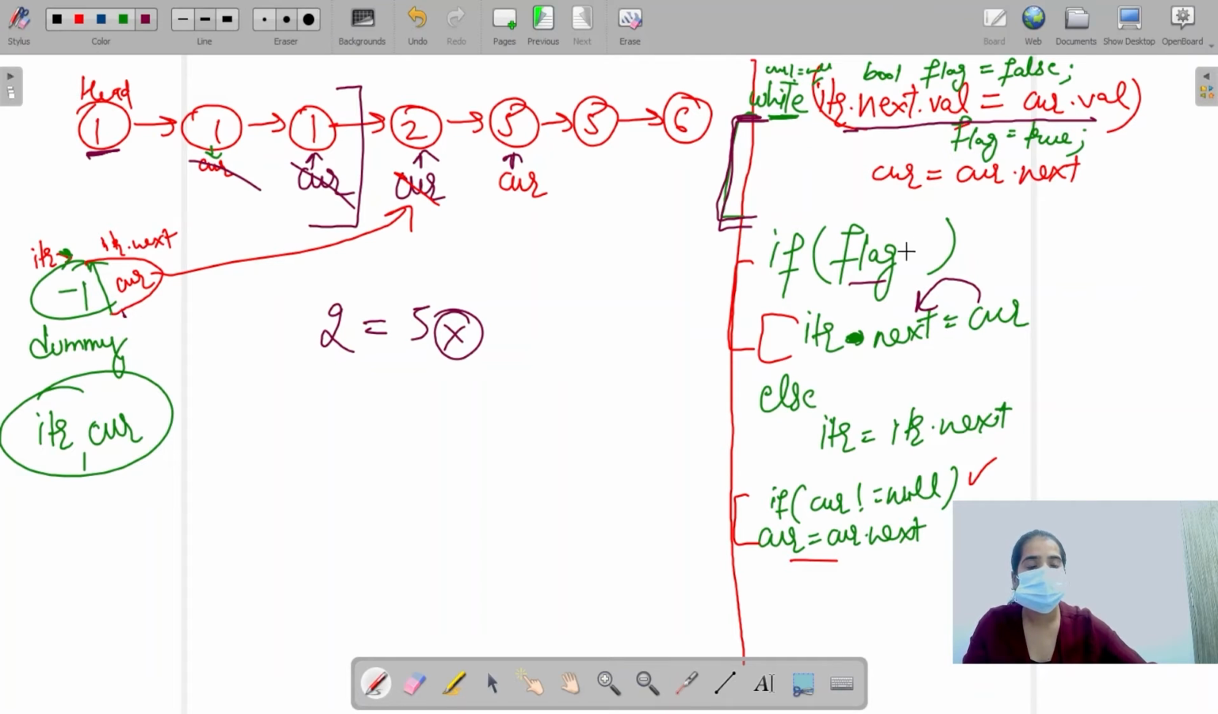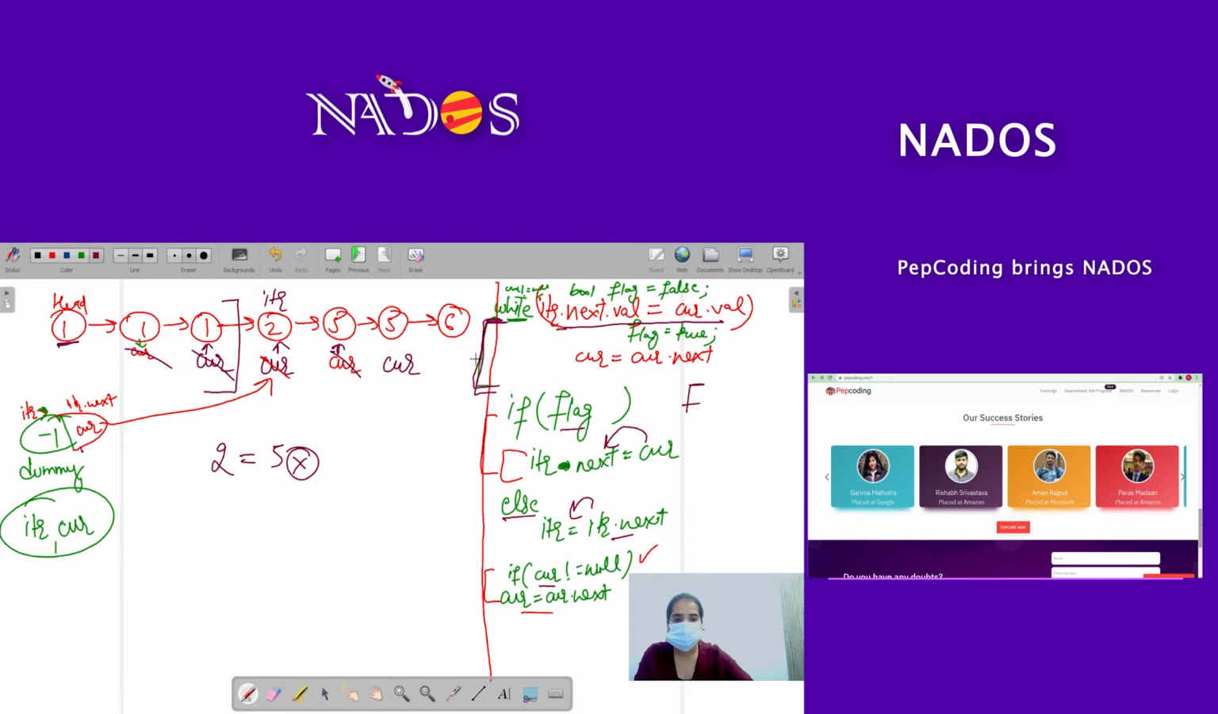so we will not go inside this loop, we will simply come here. Now what is the value of flag? It is false now. So the if block will not get executed and the else block will get executed, and iterator dot next will get stored in pointer iterator. So this is our iterator dot next, so iterator will come here now. Okay, and if current node is not null, shift the current to the next node, current will come here. Now again we will check